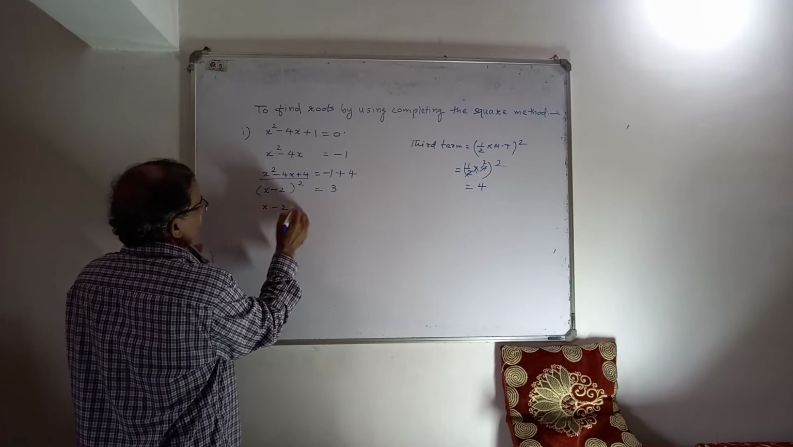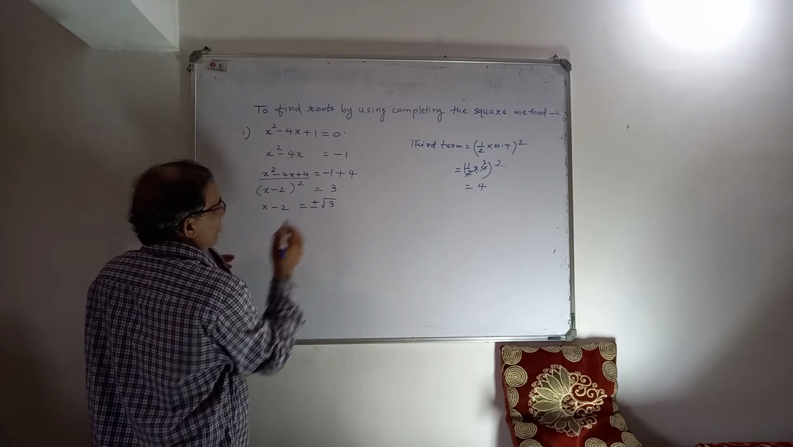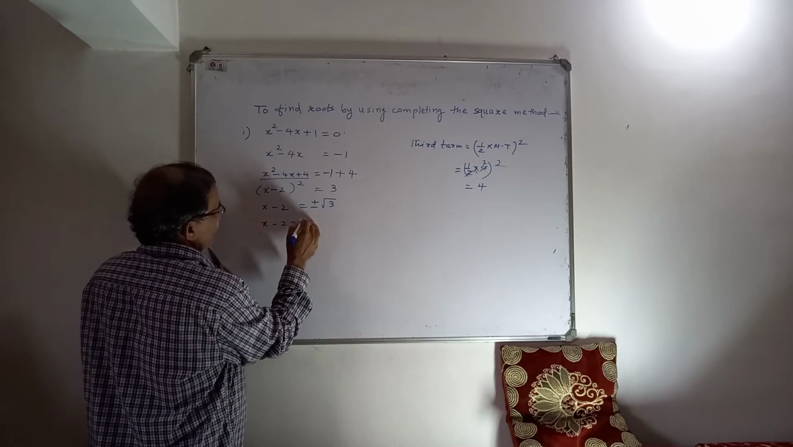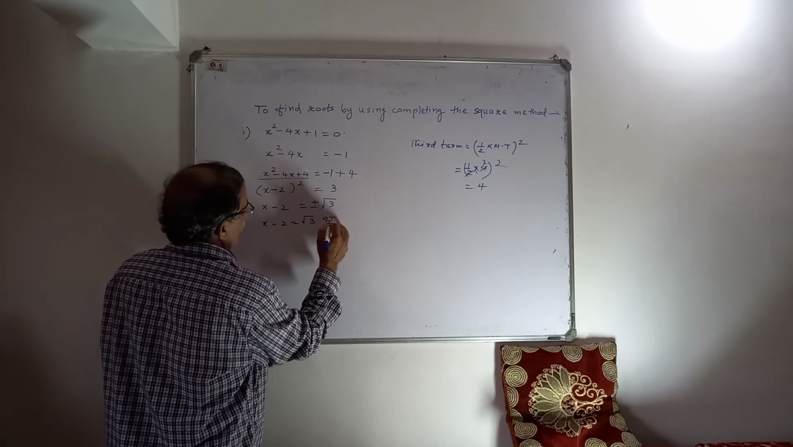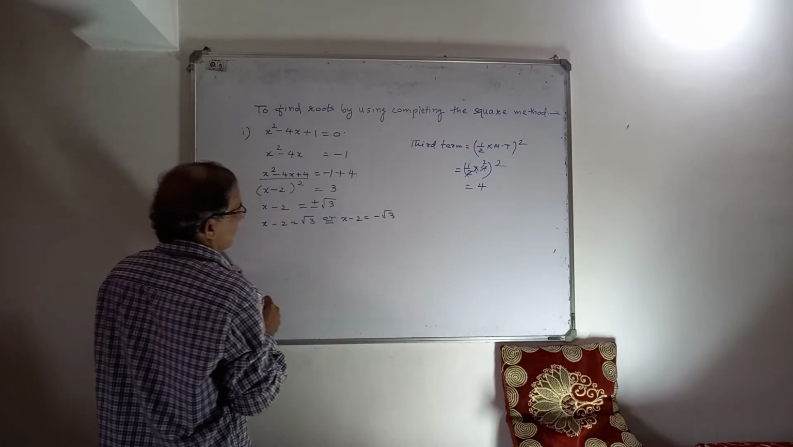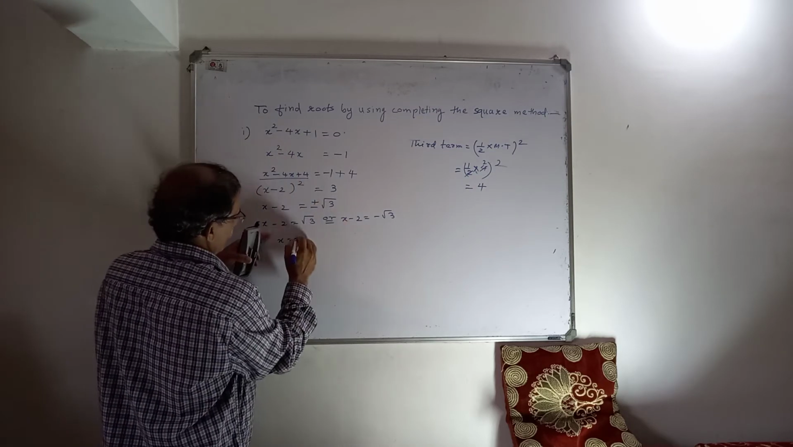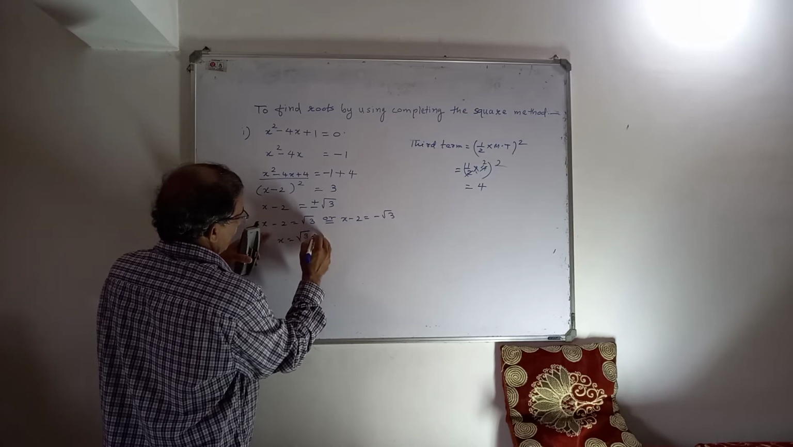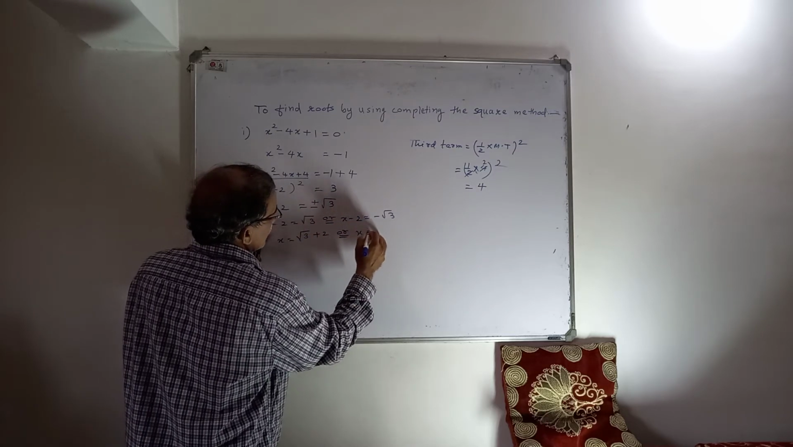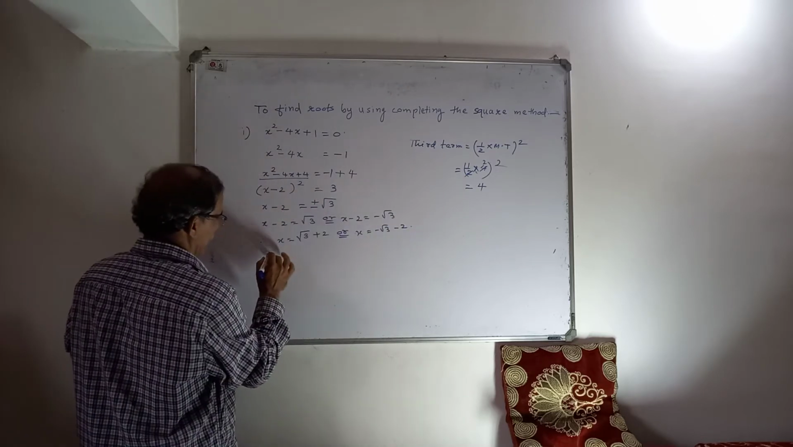So x minus 2 is equal to, when you remove the square, you have to apply plus or minus root 3. Now what is the meaning of this? X minus 2 is equal to root 3 or x minus 2 is equal to minus root 3. And therefore, x is equal to, now minus 2 will go there, so root 3 plus 2 or x is equal to minus root 3 minus 2. And therefore,